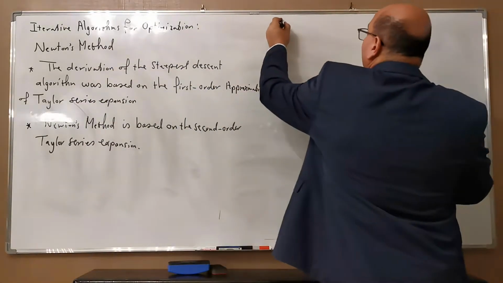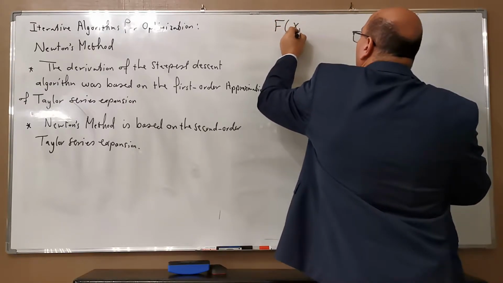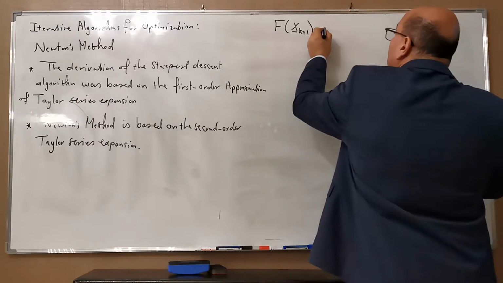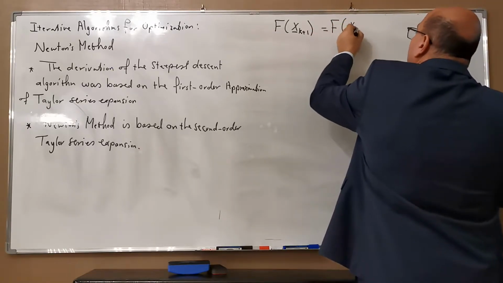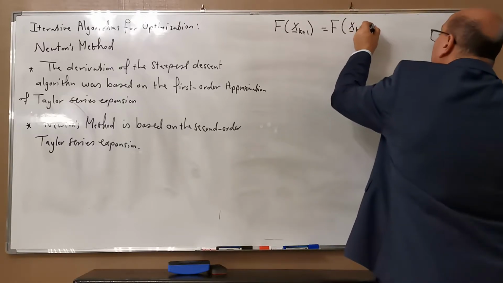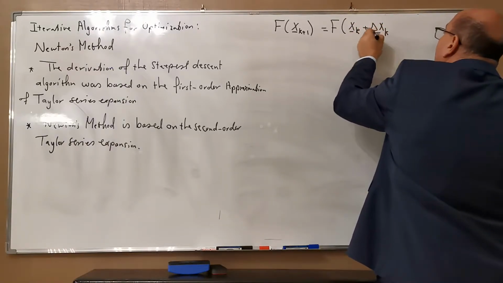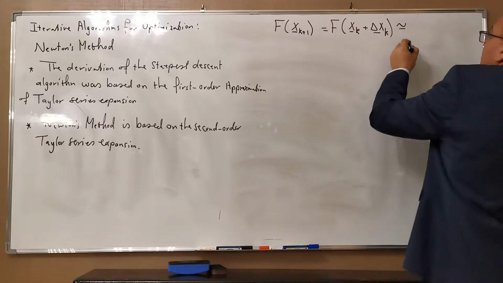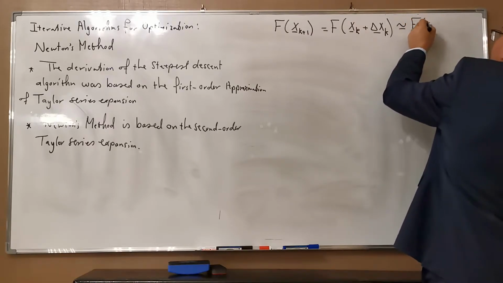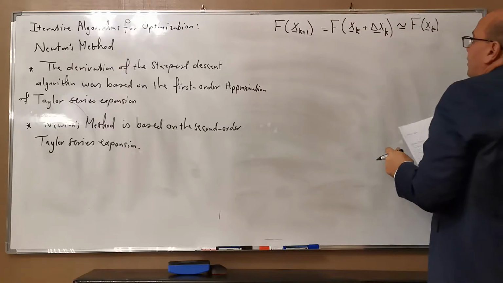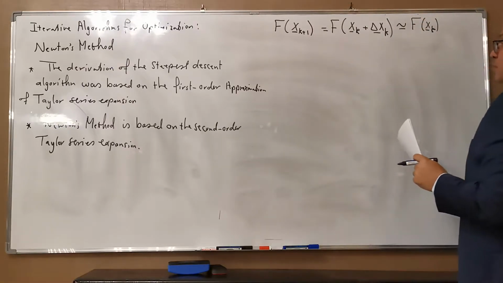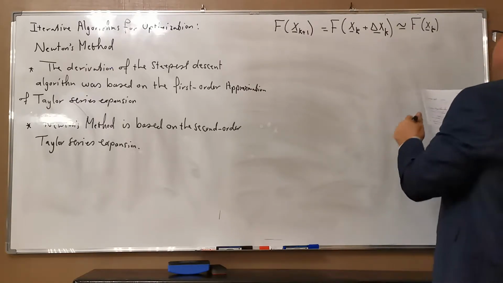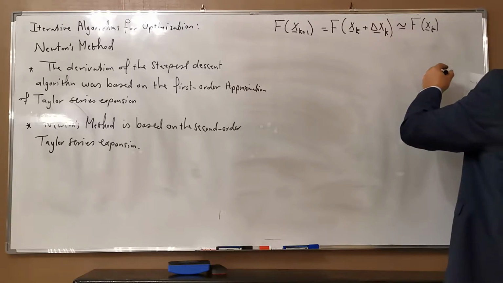Another way we can say that we have f of x at k plus 1 is equal to f of x at k plus delta x at k, and this is approximately equal to f of x at k. We make the Taylor series expansion around the older guess, which is f of x at k plus